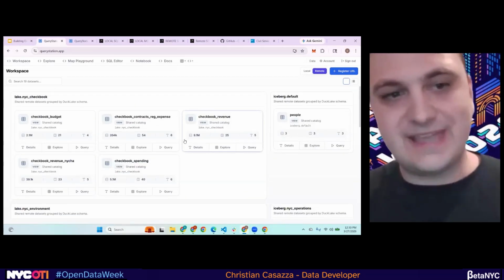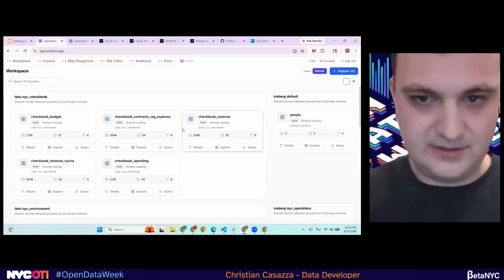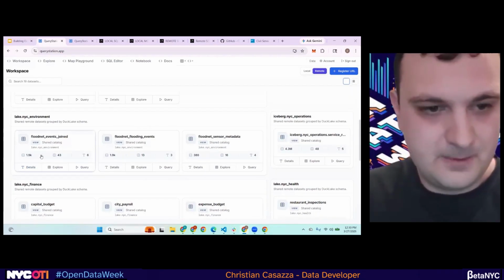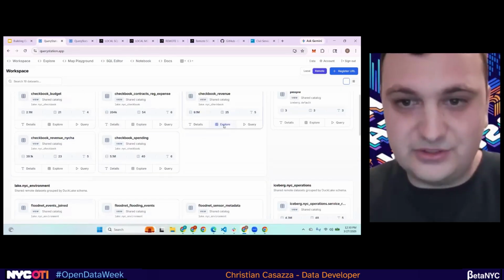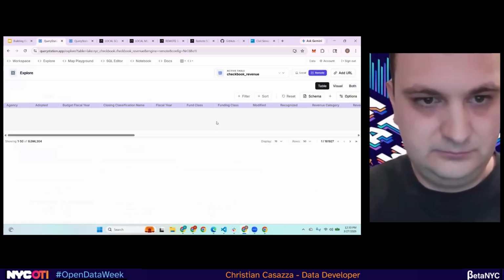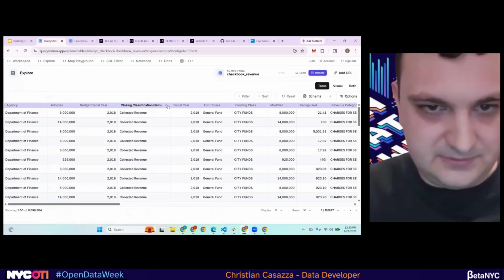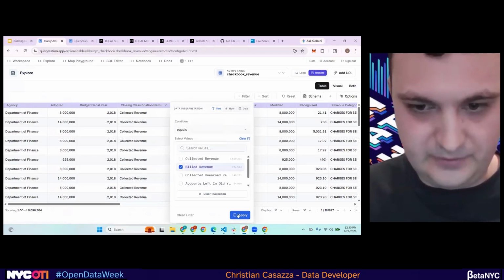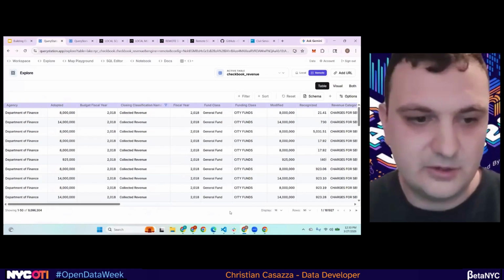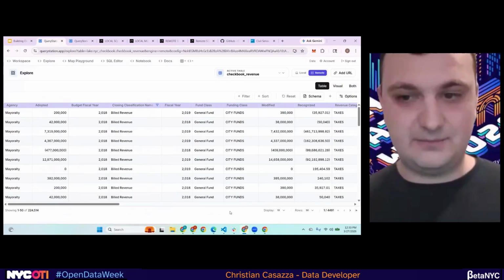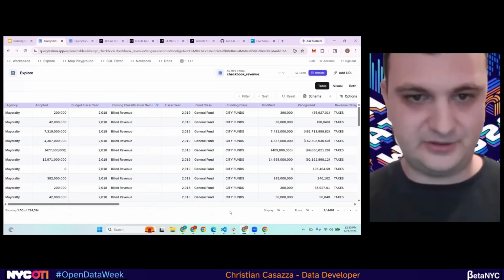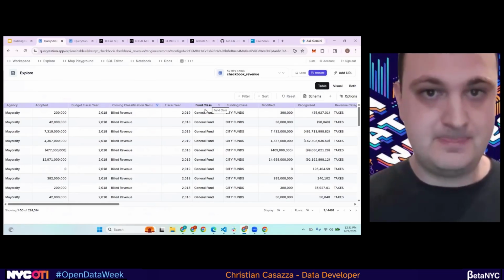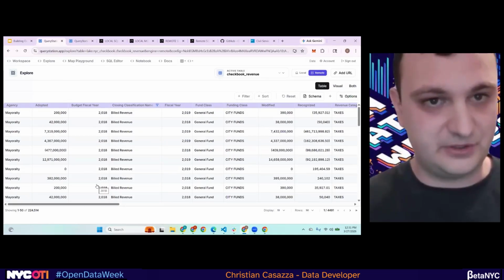These are actually curated data sets that I already collected, saved, and enhanced. So you can access them from various sources across the environment or for NYC Finance or what have you. Even though it's 9 million rows, you can instantly start exploring it. Same thing for revenue. Let's do build revenue. Great. No matter how big the underlying data set might be, it's about the same time to work with it and explore it in the browser, because it's not sending all 9 million rows to the browser. It's only sending what I need, these 50 rows.